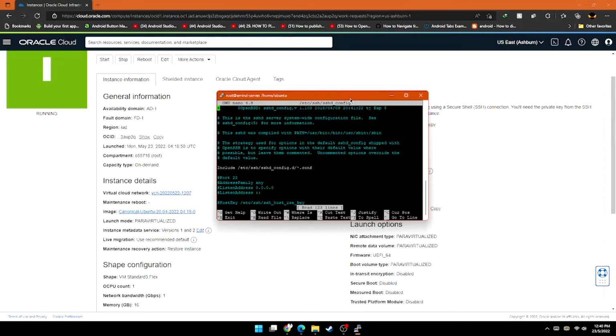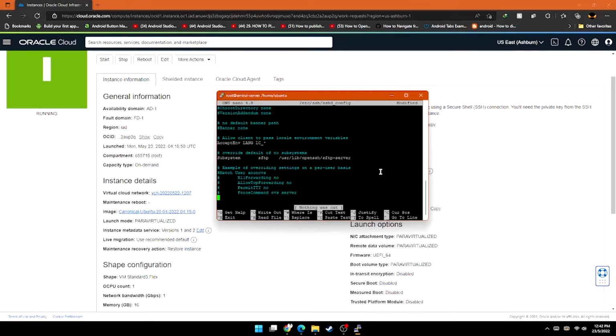Here we will navigate to the bottom, and then we will put Match User and the username, and then we will put PasswordAuthentication equal to yes,